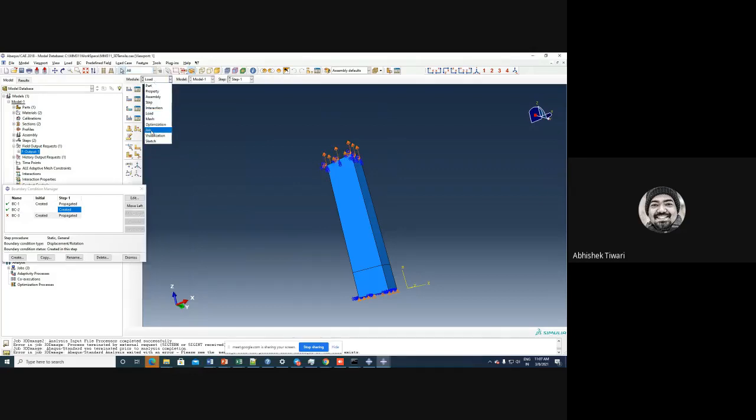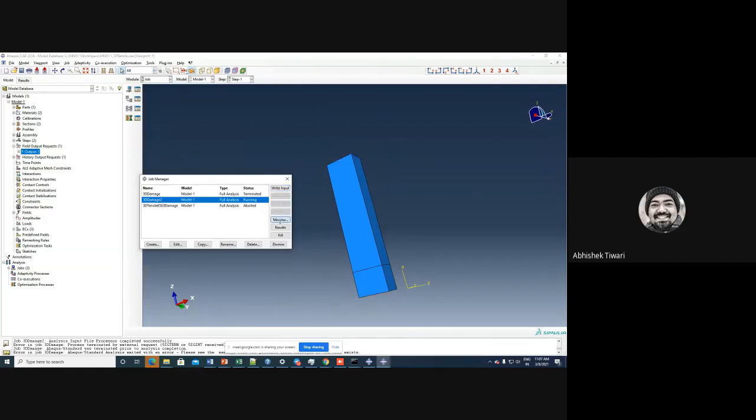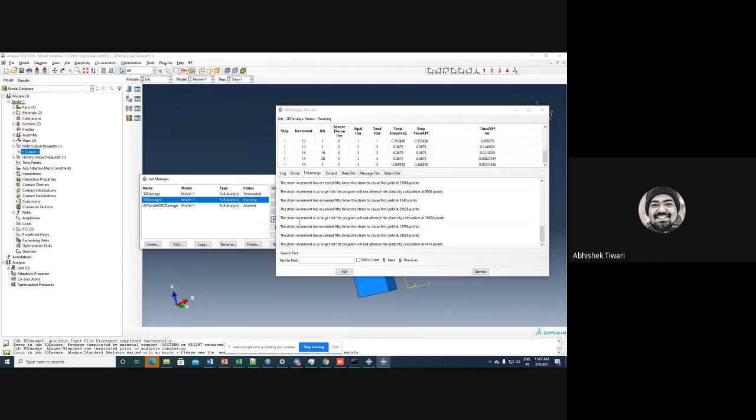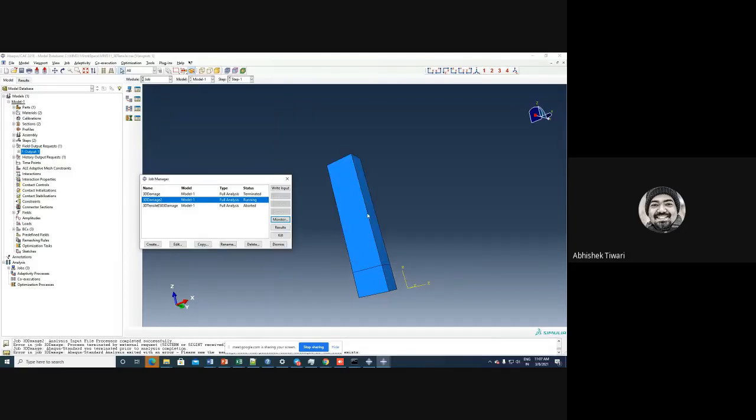So these are the changes which I have done, and still I think it is taking too much time. The warning which it shows is about the plasticity calculation. The plastic strain is too high, very high in some of the elements, and some of our elements are actually very large. Also I have changed the mesh size so that I have fewer elements, so that it doesn't jam the computer. So I have decreased the element number.